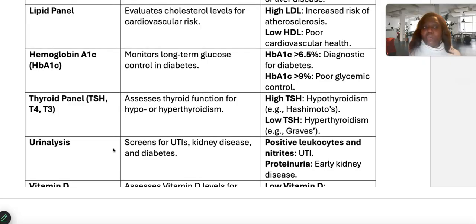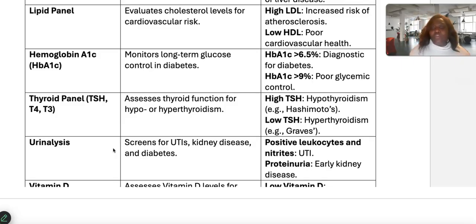The next lab we're going to talk about right now is going to be the lipid panel. Now, lipid panel, what does it do? It evaluates cholesterol levels for cardiovascular risk. What are the things that we tend to see under the lipid panel? I think this is pretty much a given. We see the LDL and HDL and a few other ones. So for now, just connect the dots that the components of the lipid panel is going to be LDL,